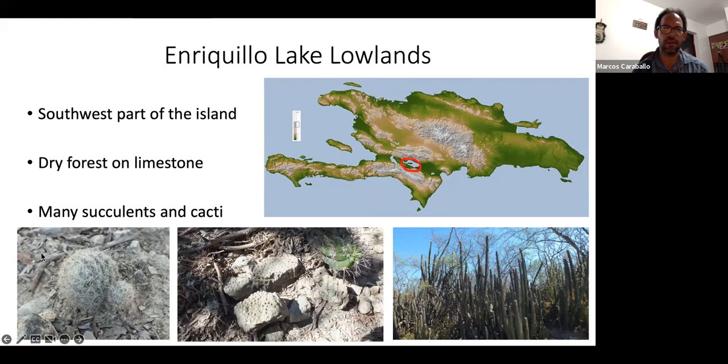We have this Mammillaria, a cactus. These are corals. You can see many of them in the forest in the understory, and cacti. The lake is hypersaline. The salinity increases or decreases depending on the rainfall pattern, but most of the time it's hypersaline. So you have many endemic plants and animals